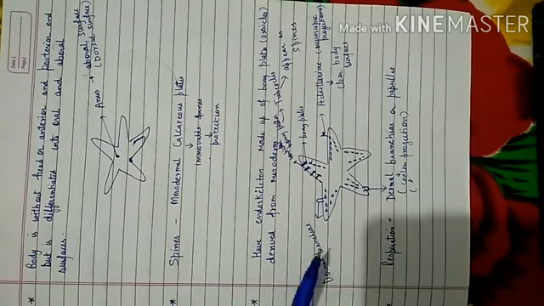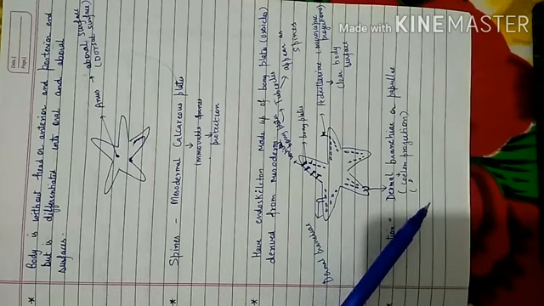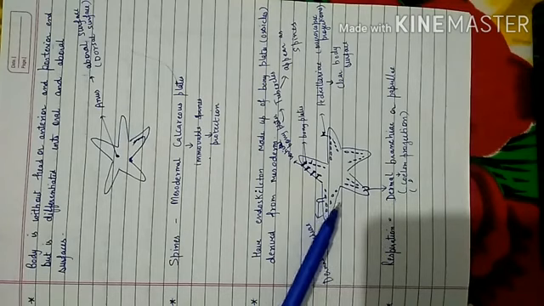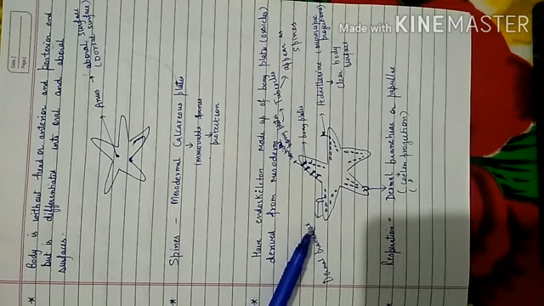So another thing to be noted here, that respiration is through dermal branchiae or papillae. So what is this dermal branchiae or papillae? It is basically a coelomic projection on the body. So this is the body. On the body there is a coelomic projection outside, that is known as dermal branchiae, or it is also known as papillae, which is helping in respiration.